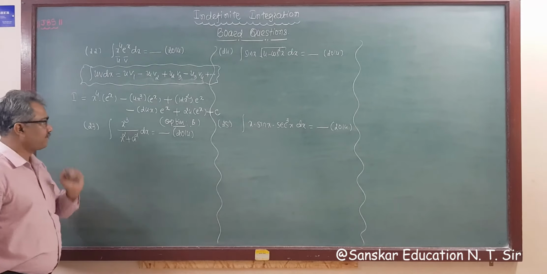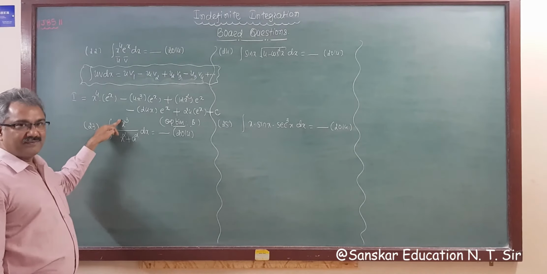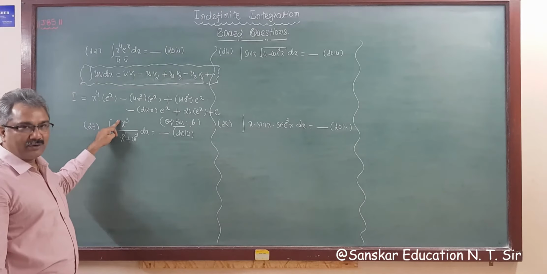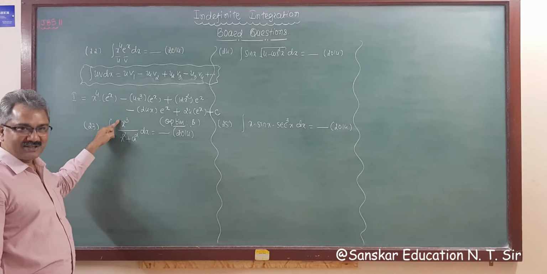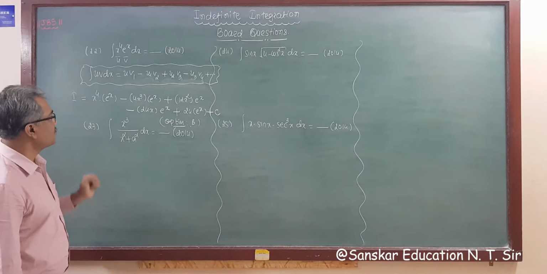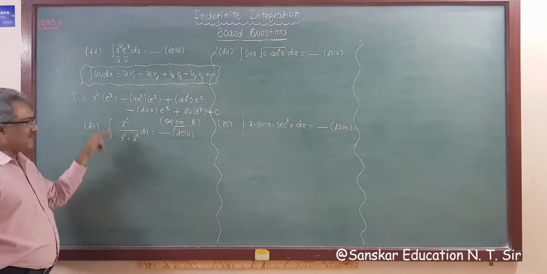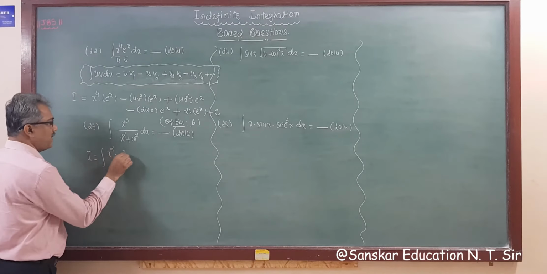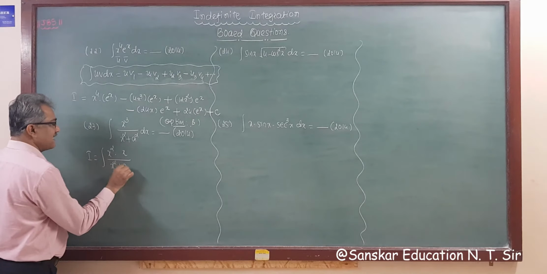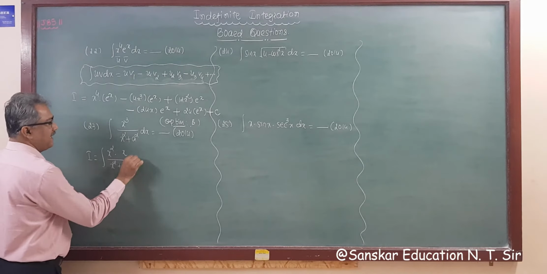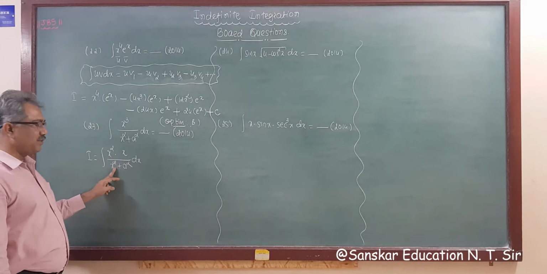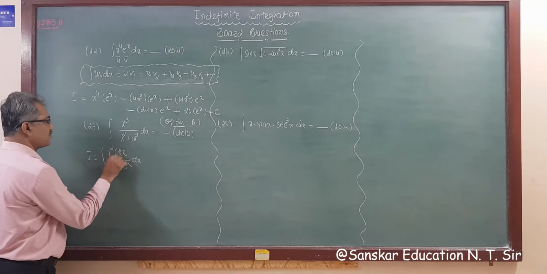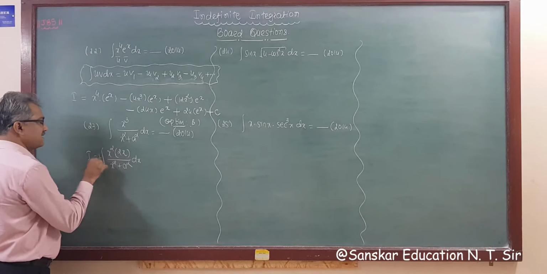Okay, now here, this is x square, this is x cube, right? And as you know the power is more, so we are not able to apply the partial fraction method either, because this is an improper rational function. So what to do? See, this is x square and this is x cube. Can I split I as integral of x square into x upon x square plus a square dx. If we assume x square plus a square is equal to t, then what we need here is twice x, but we have only x, so divide and multiply by 2 also. So this is twice x.